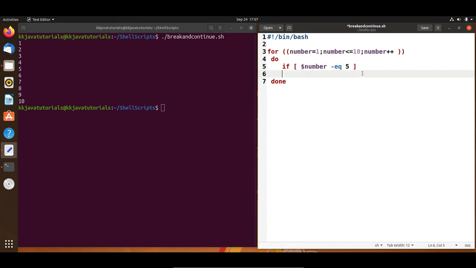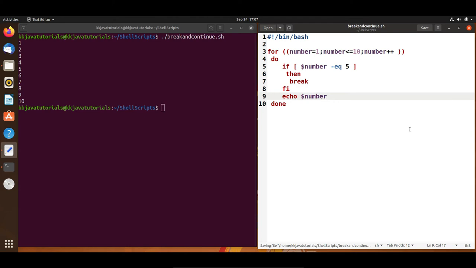If this condition is met, meaning number becomes 5, then what I want is to break. So we simply write break, B-R-E-A-K. And of course you need to write the end of the if, so the if is ending over here, else I want the number to be printed.